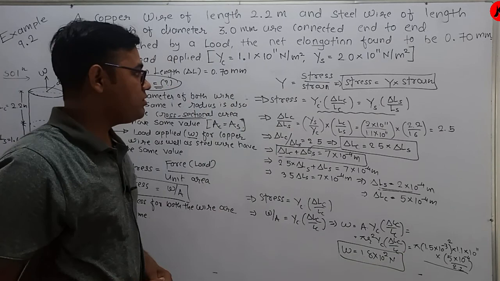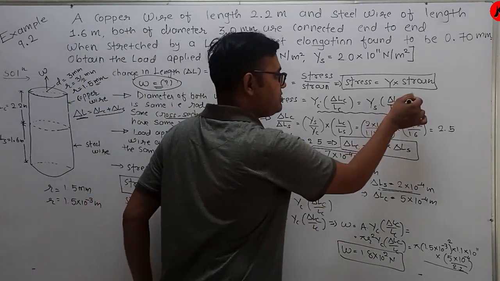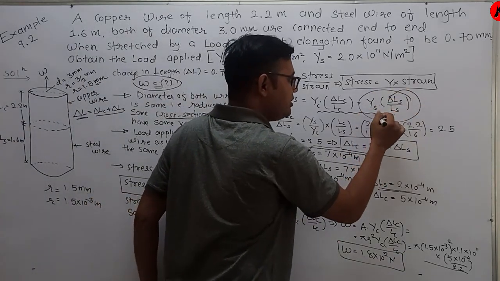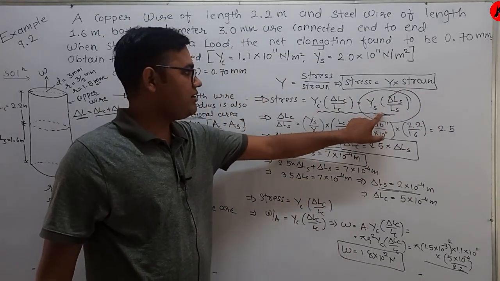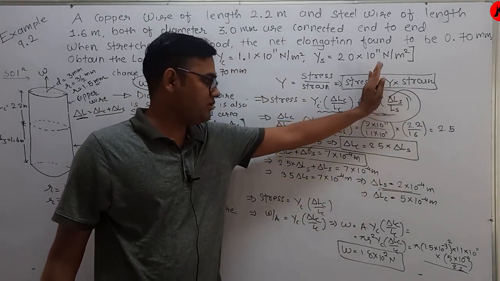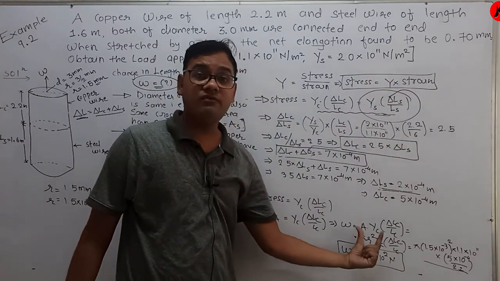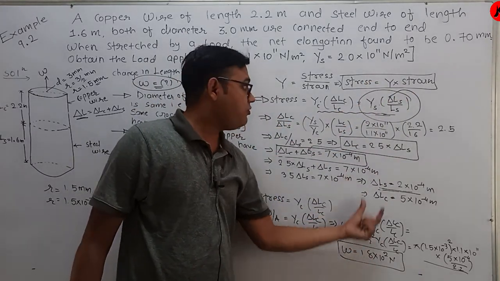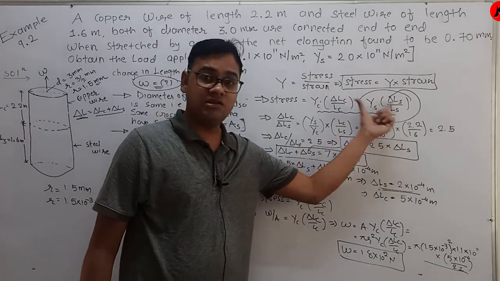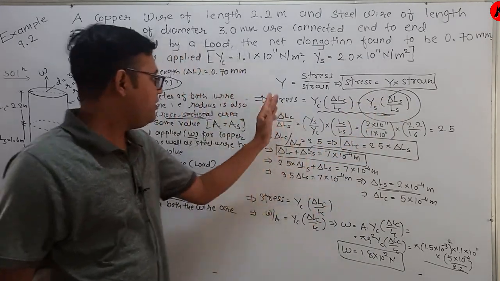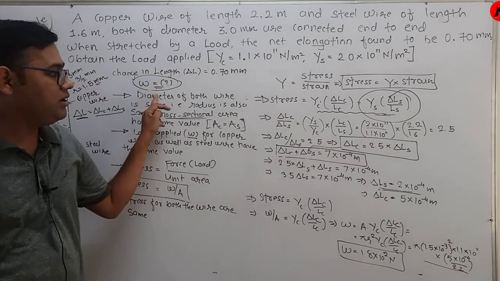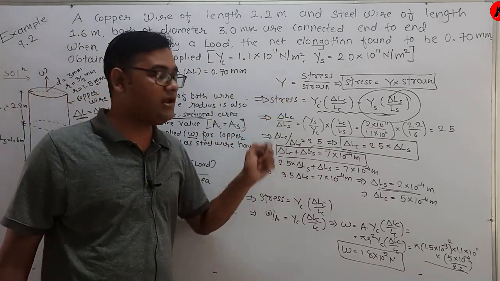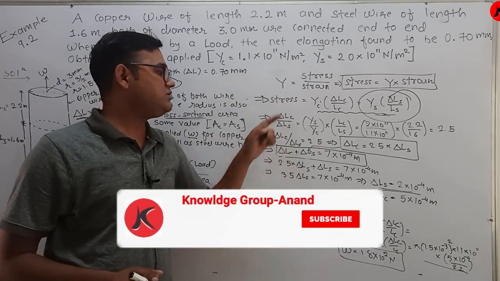So here we have calculated the value of W, which is 1.8 into 10 raised to 2 Newton. We can also find the value of W by considering this equation, right? If we consider this equation, the values of YS, delta LS and LS are different, but the value of W we will get is the same for this equation as well as for the other equation, right? So here we have calculated the value of W by using the relation of Young modulus and the equation of stress, right?